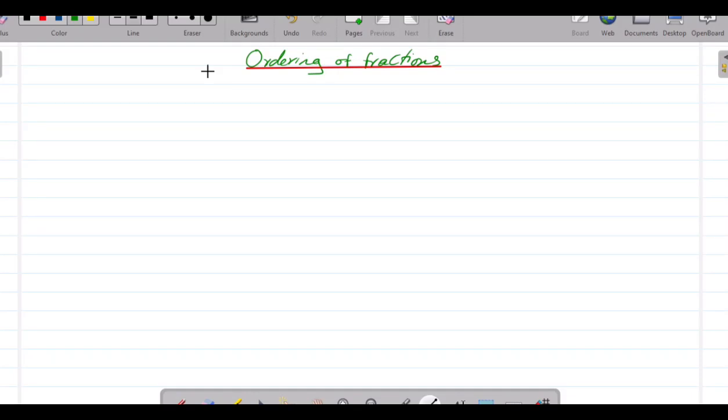So in today's class we're going to talk about ordering of fractions. But before we proceed, let's quickly recall what a fraction is. We recall that a fraction is a part of a whole. For instance, if we have,